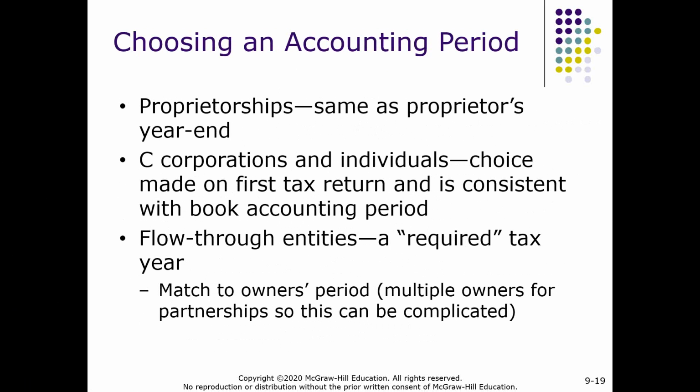C corporation: the choice is made on the first tax return and is consistent with the accounting or book accounting period. Flow through entities have a required tax year. Again, it must match the owners' principal period. With multiple owners,